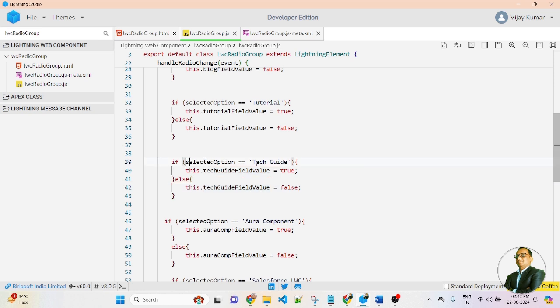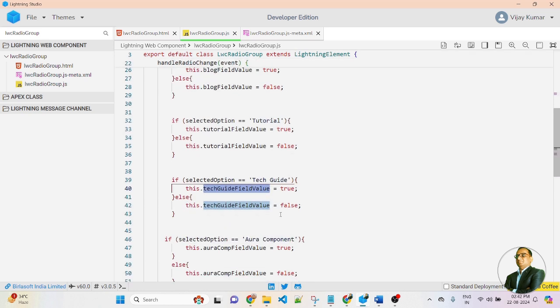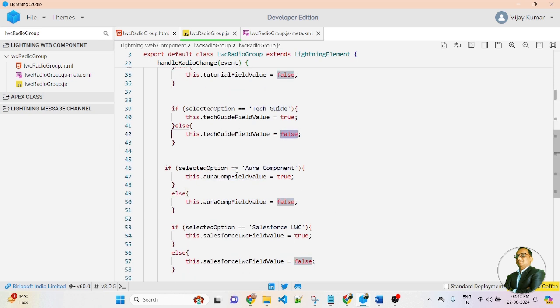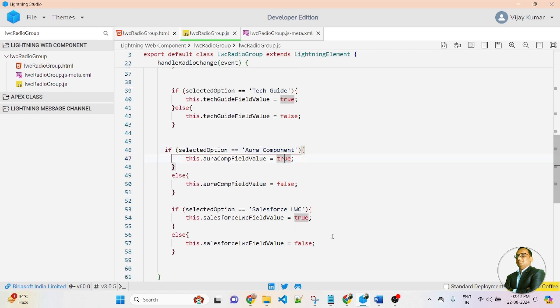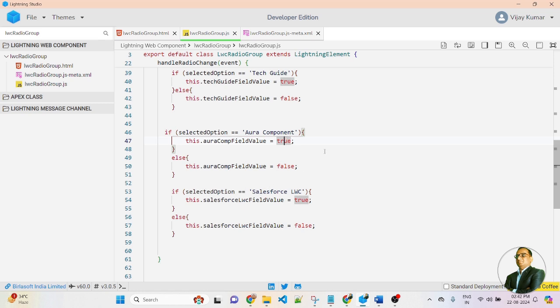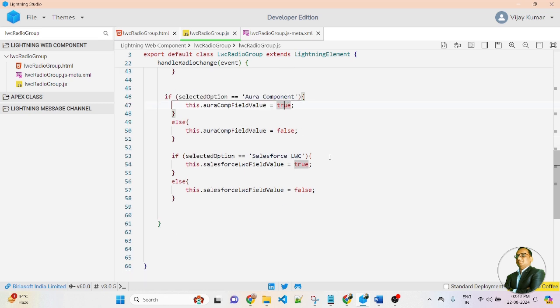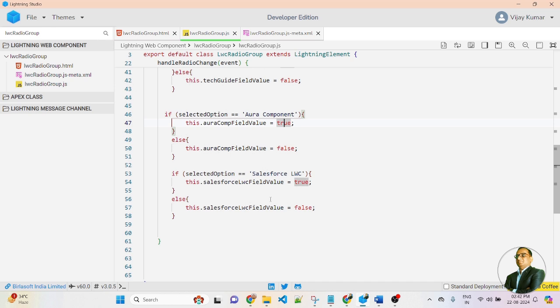Similarly, I am checking selectedOption tag guide, then this variable I am passing true, otherwise it will be false. So friends, similarly, I am checking different radio group button values, and based on this value, I am passing the variable true. Once it gets true, then it will be visible on the component, otherwise it will be hidden.